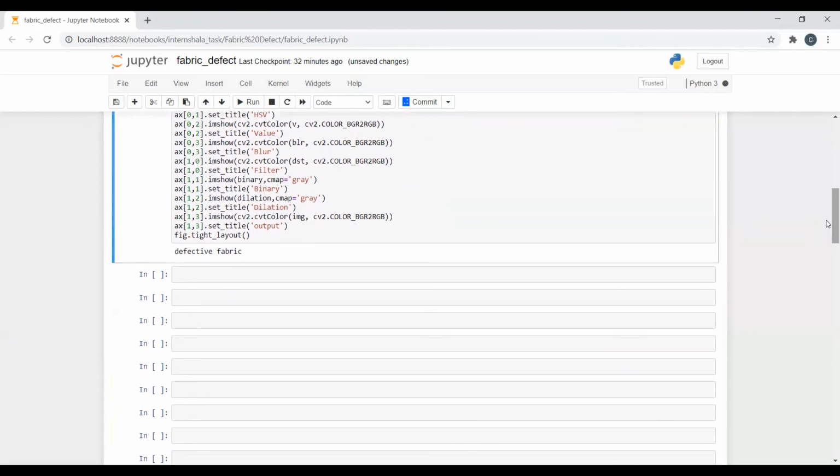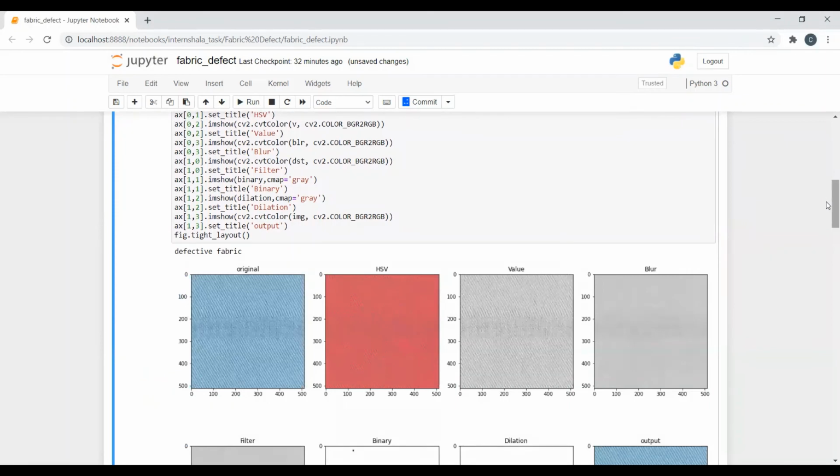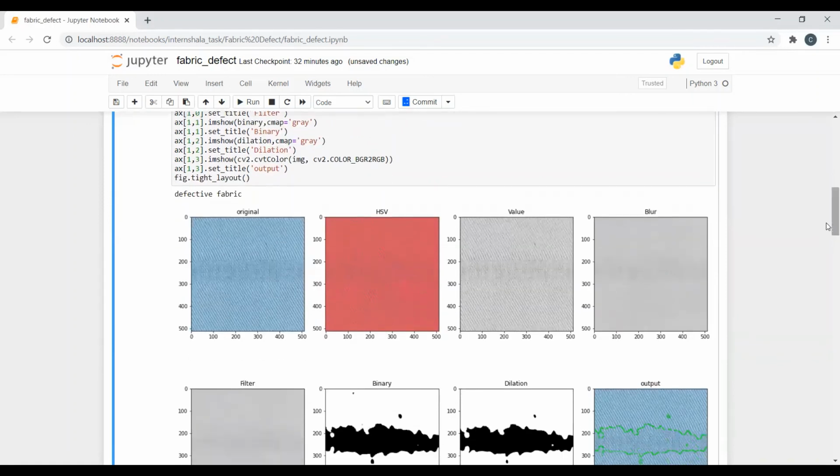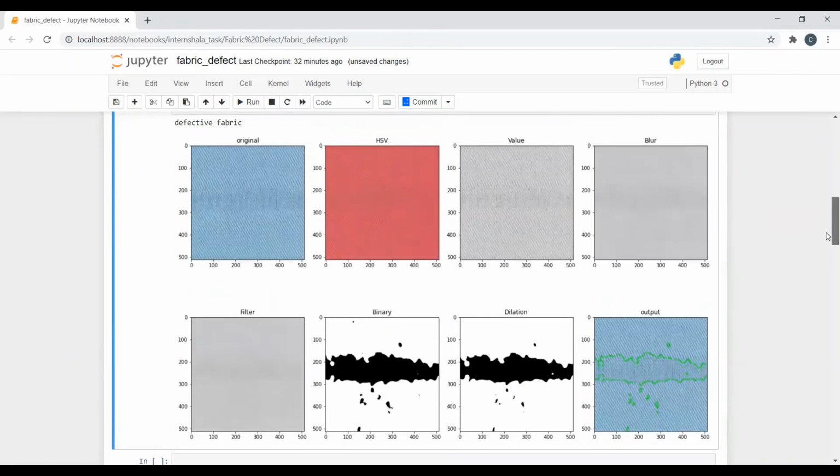So this is a defective image we are getting here. Our image is defective, and also we are getting this output like this. So this is our original image, then our HSV image, then this is our value part of the image, then blurred image, then filtered image, this is our binary image, then after the dilation we are getting this type of image, and the output is here.